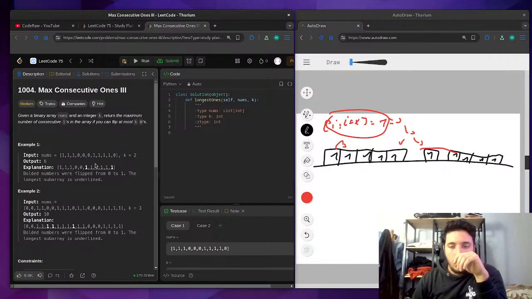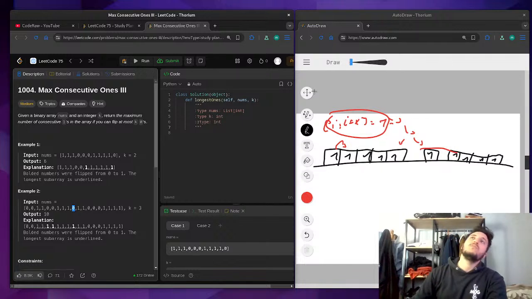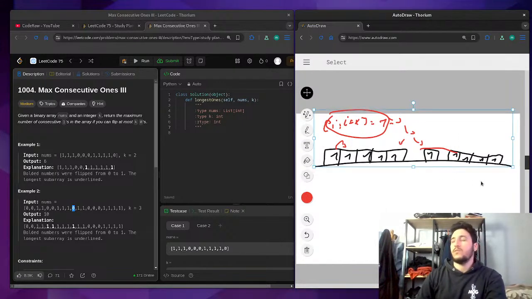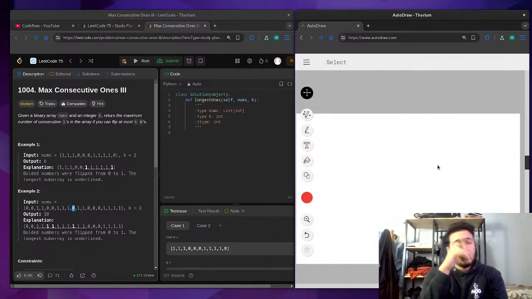This is another thing, man. And here 3, so I'm going to choose this. We're going to flip those 2 zeros, and this zero into 1s. Interesting. And the output is 10. So now